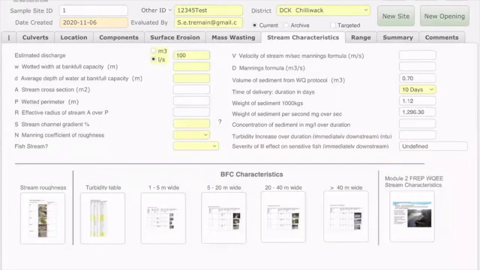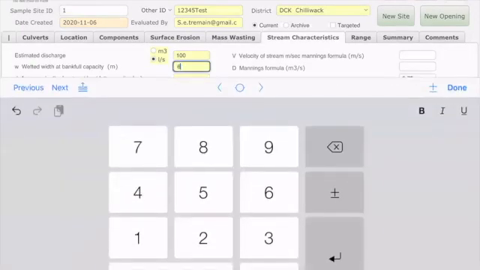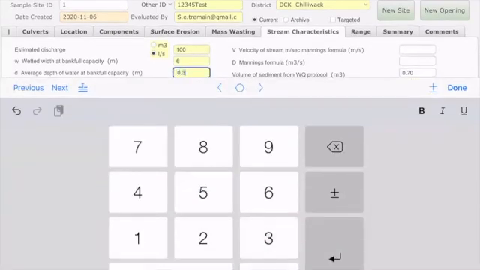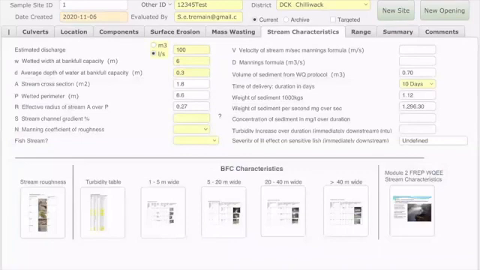In this table, we are calculating what the discharge will be during a normal storm event in the winter season or spring runoff. So we need to enter the bank full capacity. How wide is that stream when it is flowing at that rate? For this site, we'll enter the bank full capacity to be 6 meters. And we will estimate the depth of the water at bank full capacity to be 0.3 meters. The channel gradient is 3%,